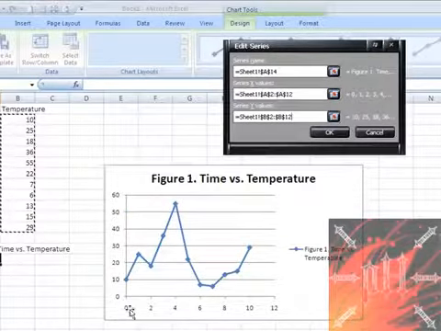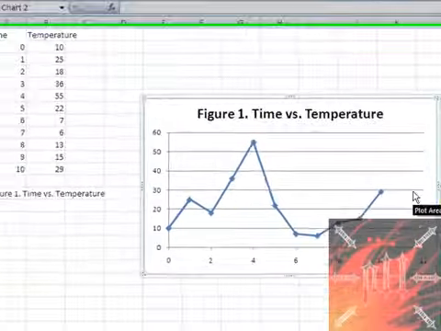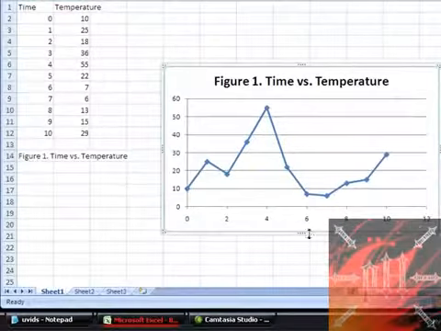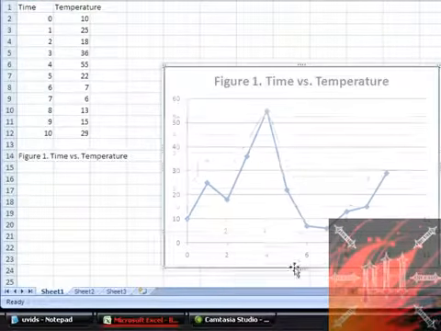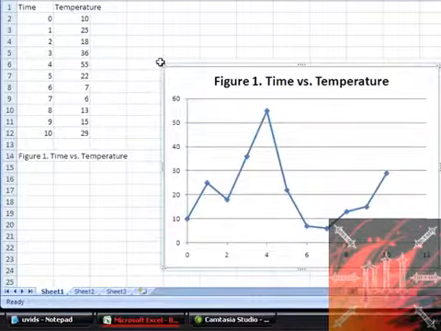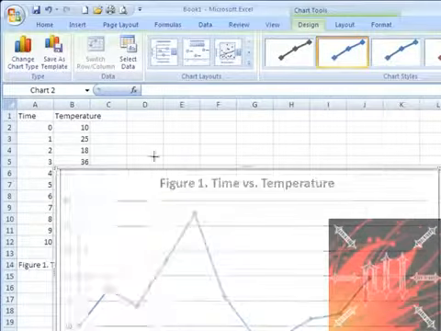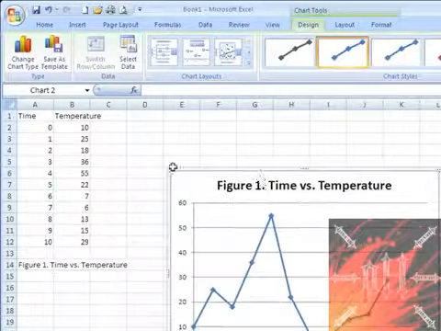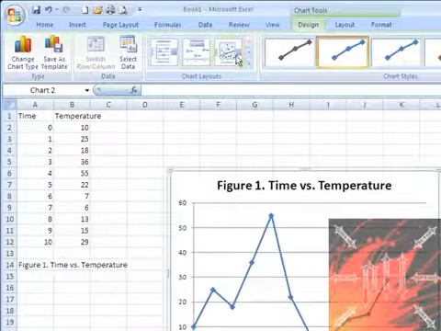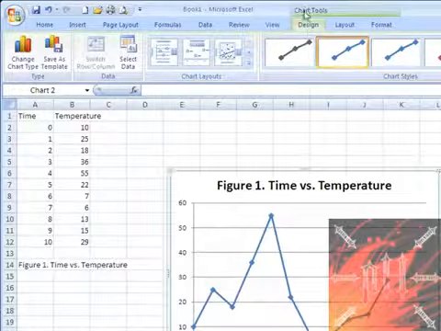You don't really need this, so just delete that. Click on it and push the delete key on your keyboard, and you can resize this to however big you want, and it'll change the shape of the data on it. Alright, to add names for the axes, if you look up here under the chart tools, the